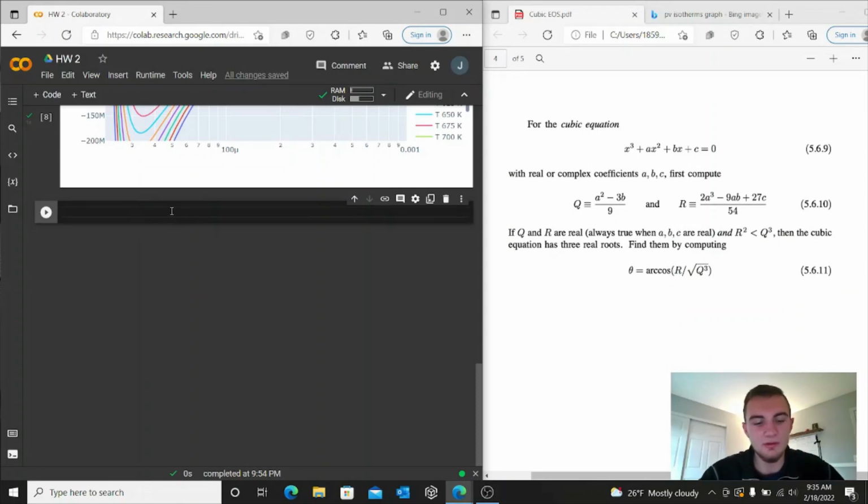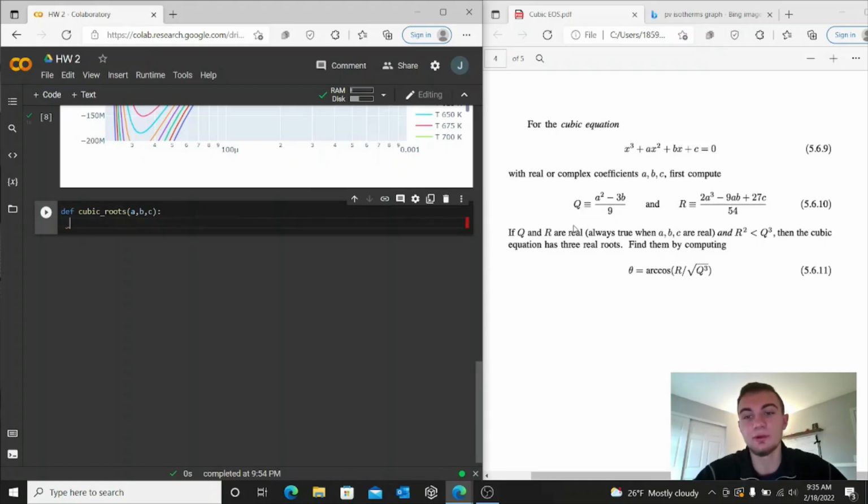So what we'll need to do here is define a function that will return to us our roots. So we'll do something like cubic roots, since we're taking the roots of a cubic polynomial, and we'll have a, b, and c. So first what we'll do is we'll go ahead and just follow what the Cardano's formula tells us. So we'll calculate our q here. Okay, so we will have a squared, and we'll subtract 3 times b from this,